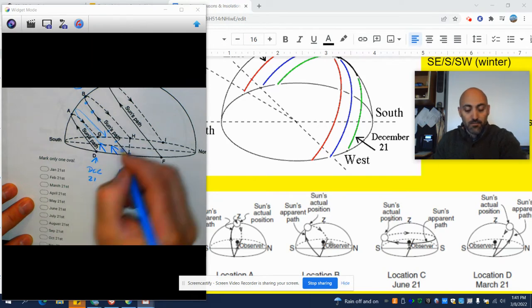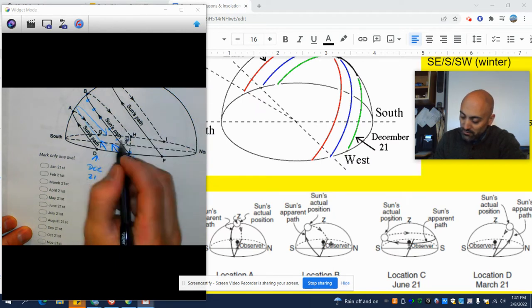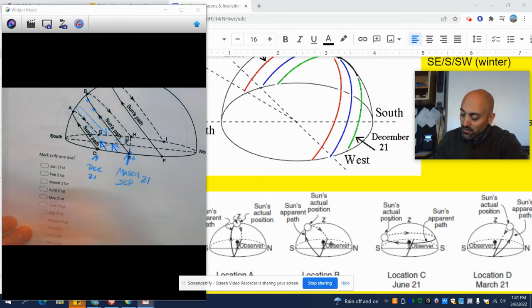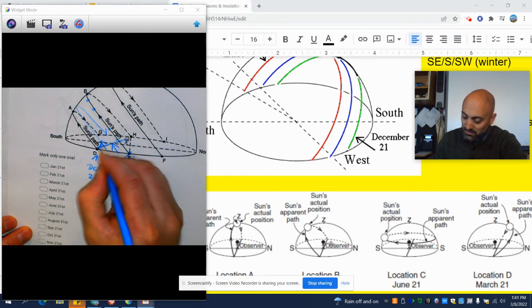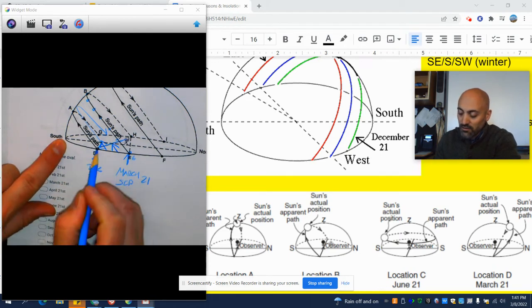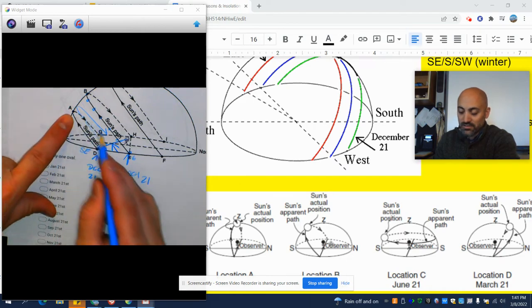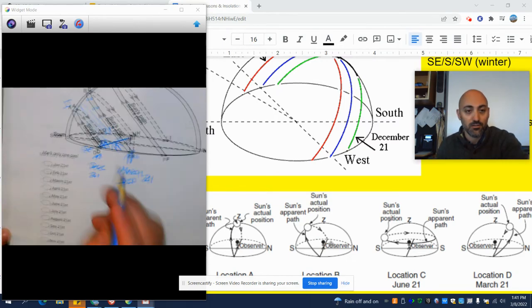Now, if you take your happy earth science student, look at they're smiling because they're an earth science student and they're happy. That earth science student is looking to see the sunrise. They're not looking directly east. Because the earth is tilted, the sun's location changes a little bit with the seasons. That right there is southeast. So sunrise in the wintertime is southeast, and then it sets somewhere in the southwest. You put lunch in your mouth, the sun is always due south.